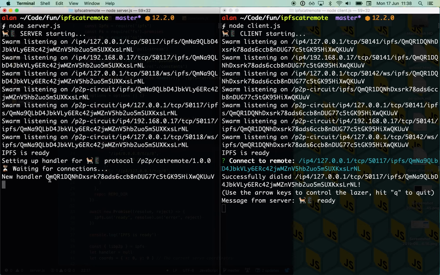Sweet. And on the server side, we've seen that a new handler has arrived. The server will only allow one remote peer to control it at a time. So if another peer tries to connect and control it, then it will just close that connection and ignore it. So that's fine. So anyway, on the client, we've connected to our server, and now we've got a message from the server saying it's ready,